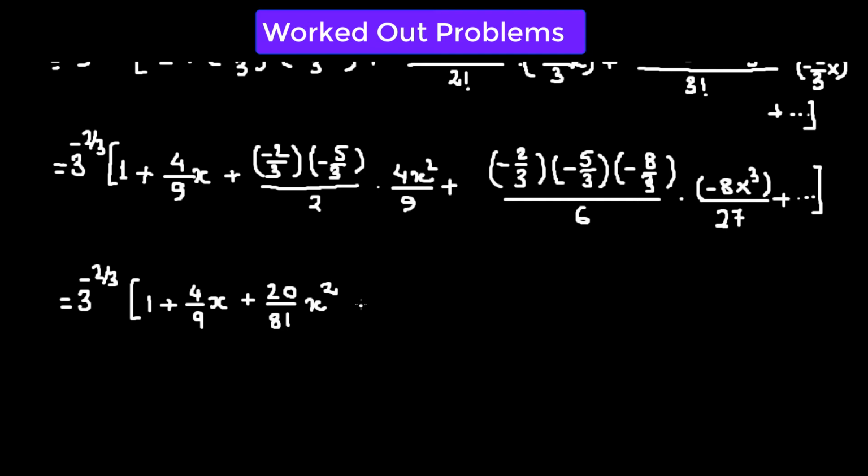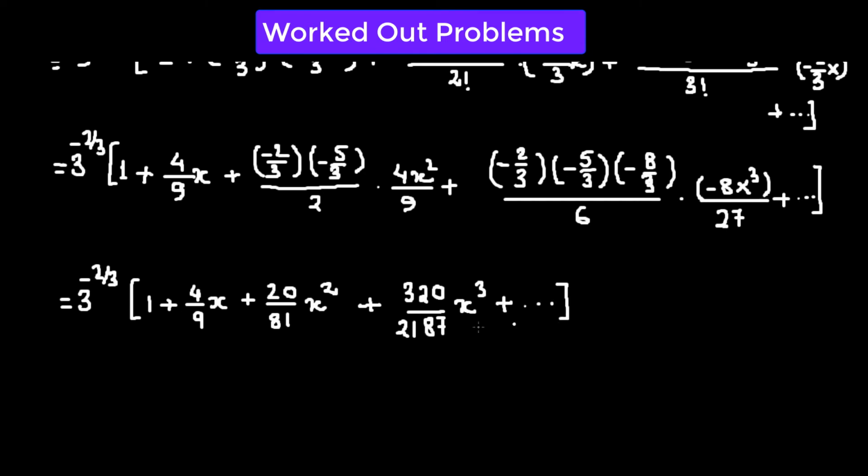And this particular term, the fourth term, will be equal to 320 divided by 2187 times x raised to the power of 3